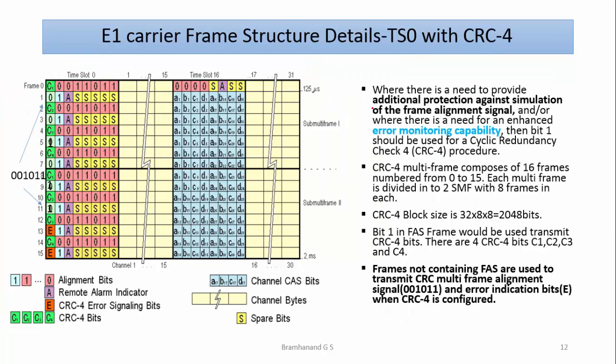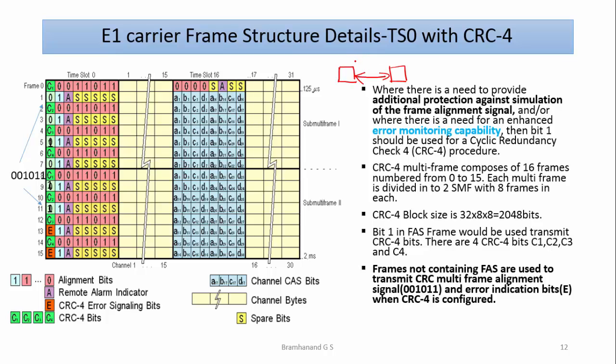Cyclic redundancy check is a process which is adopted to protect the simulation of frame alignment signal. That's number one. And the second one is it induces error monitoring capabilities within the frame structure. Say for example, I have a transmitter, I have a receiver. If these two devices are exchanging data,